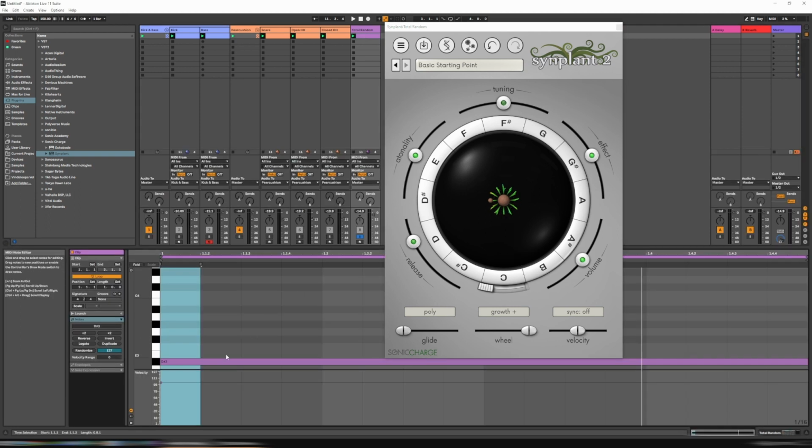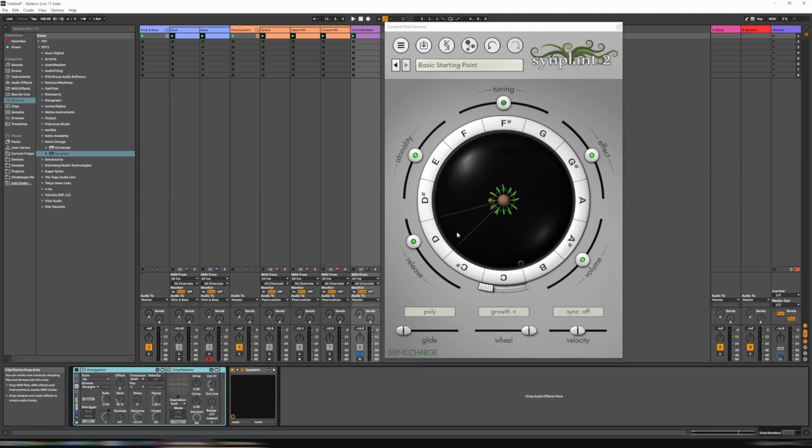So in the sequencer here, I have a D sharp. So if we extend this node on D sharp up here and play this back, we have this sound. Or we can manipulate that by dragging the branch back, extending it,